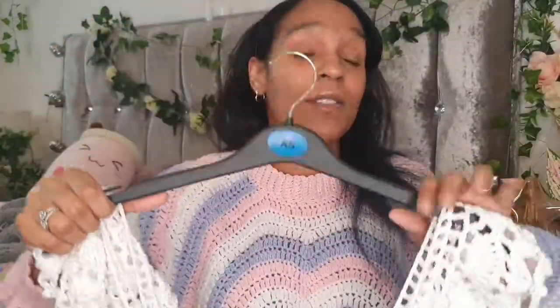But anyway, yeah, so this is off the shoulder. I made this in one night, because I just thought I need this top. It's from Dana B, the pattern, and she just makes gorgeous clothes. She makes a lot of very revealing clothes, so I don't make a lot of her stuff because I'm not there yet, or will ever be, but I had to have this, and the way she made it is just